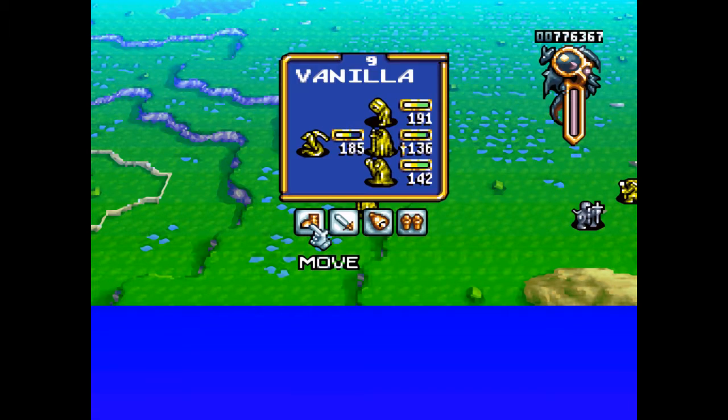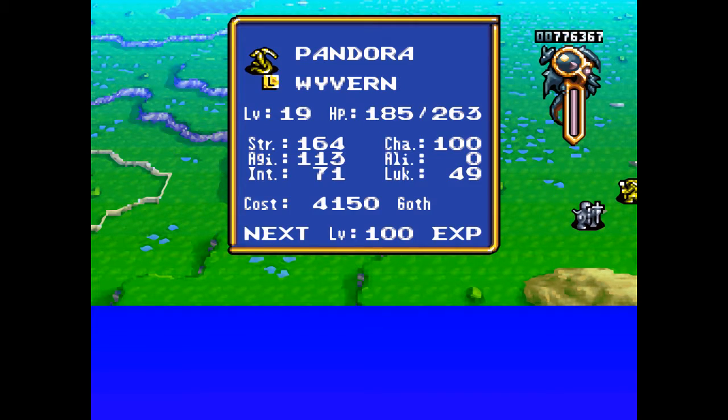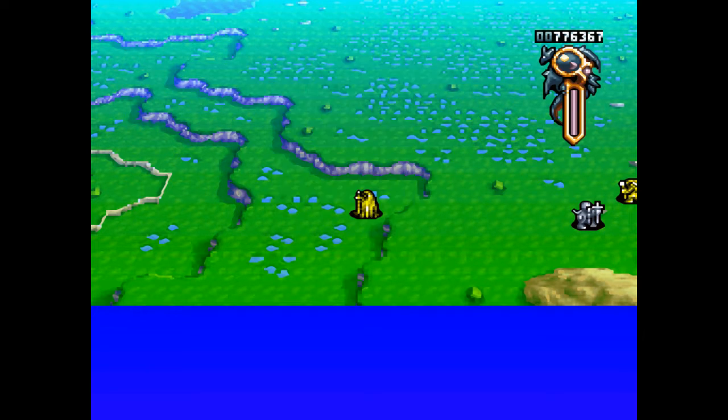Good work, you two. So, Cloudy, I hope you're happy. This is like the first time you've ever been getting kills yourself. So you've actually got a little bit of charisma, not really much, and a little bit of alignment. Which is actually bad, because it'd be better for him to have 0 alignment and...